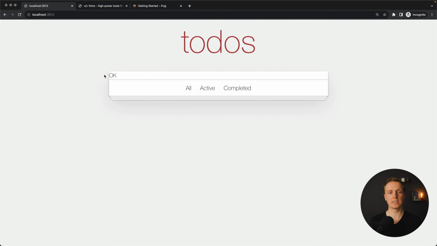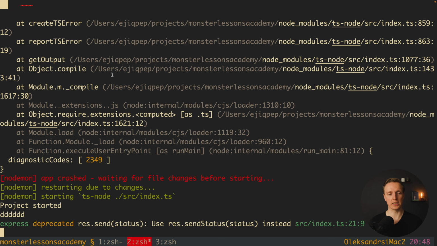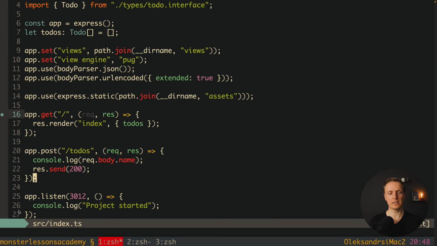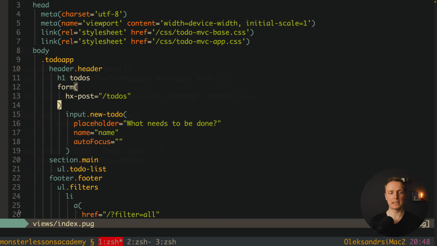Now here let's type something and hit enter. As you can see here, we directly get OK inside our markup. Why does it happen? Because actually our code is working. Here in the console we can see DDD. This is exactly the project name that we got inside post. So our post was submitted and we came in this part, but by default our HTMX is working in a